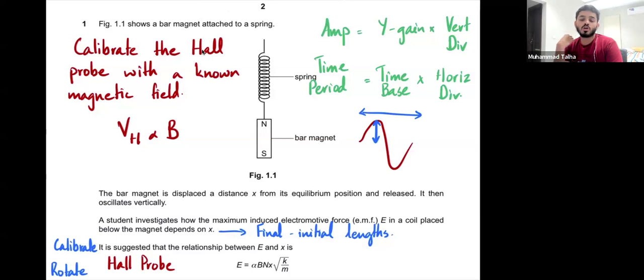We would use an oscilloscope in this because this asks for the max induced EMF. It's not just asking for the EMF, it's the max one. Right? And you also know this, Rania, that if this bar magnet is going to fall through a coil, it's going to be cutting through those field lines every now and then. So it's going to be leading to some range of values of the EMF. If it's asking for the max, then I'll look at the oscilloscope and look at the max.